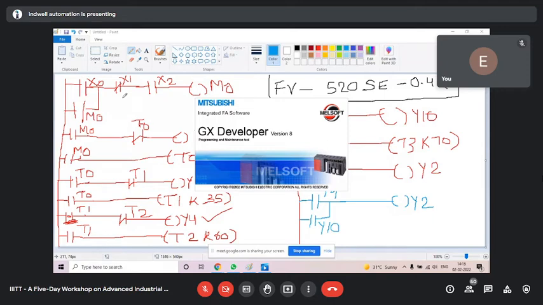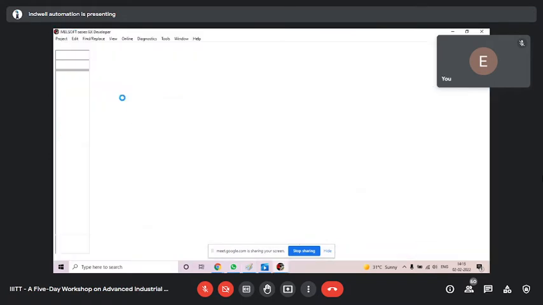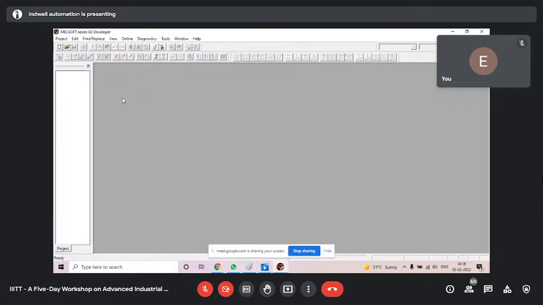Do we get this software whenever we are purchasing a Mitsubishi PLC, or we should get it additionally? See, if you go for branded PLCs like Mitsubishi, Allen Bradley, Siemens, they will sell everything. They will sell PLC, they will sell software, they will sell communication cable also.